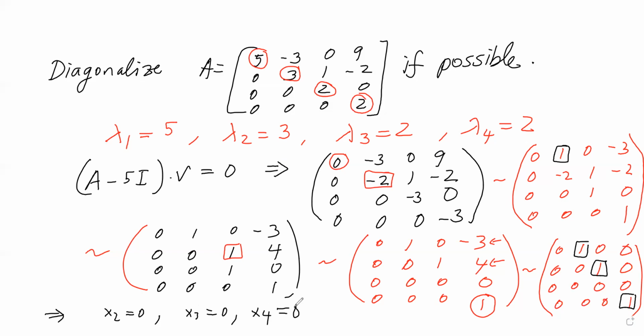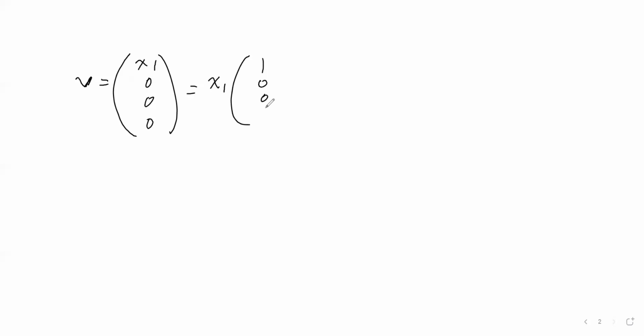So therefore, I can write it like this. Let's call it v: x1, 0, 0, 0. So therefore, this is x1 times 1, 0, 0, 0. Therefore, the first eigenvector is just 1, 0, 0, 0. That's that. Now, to look at the second one,